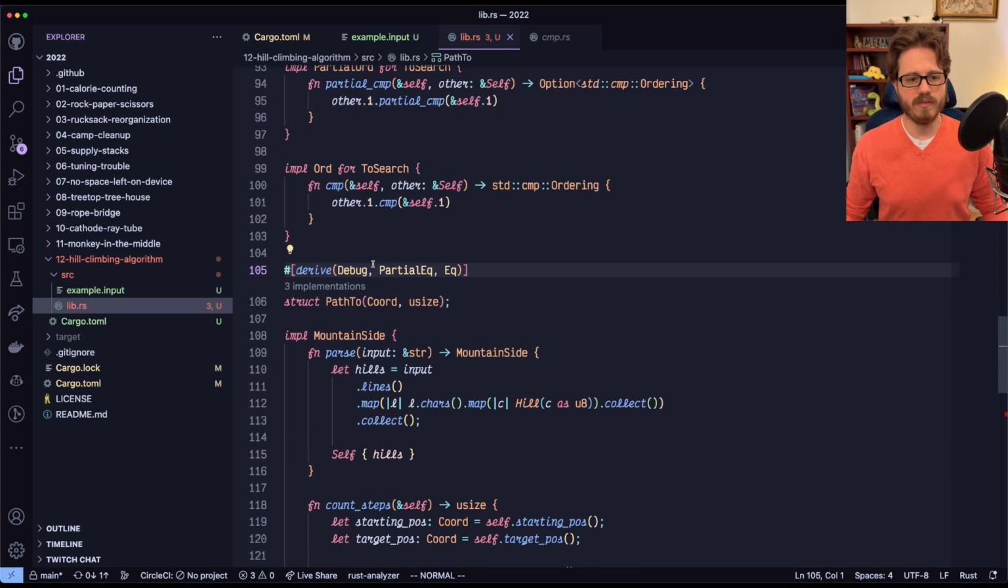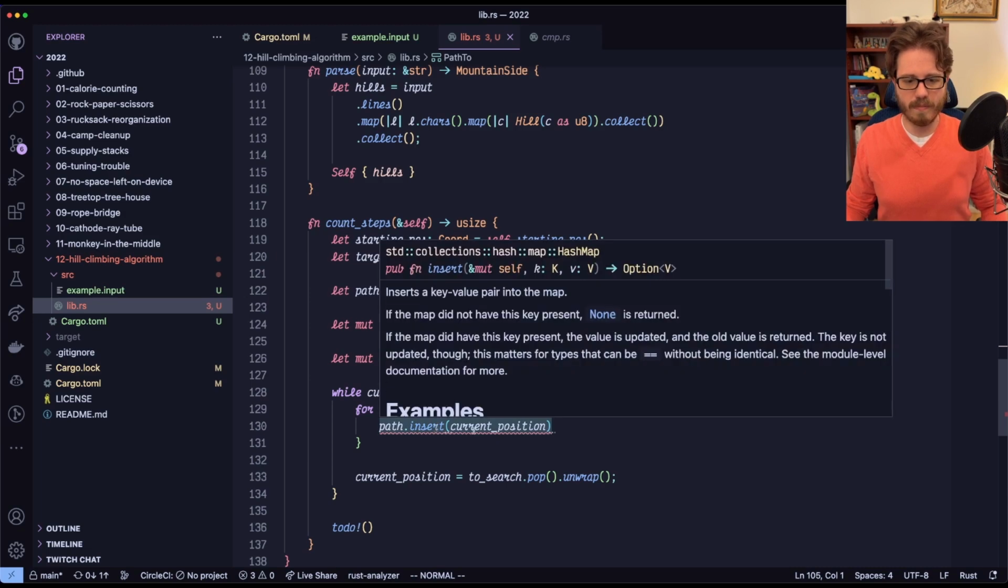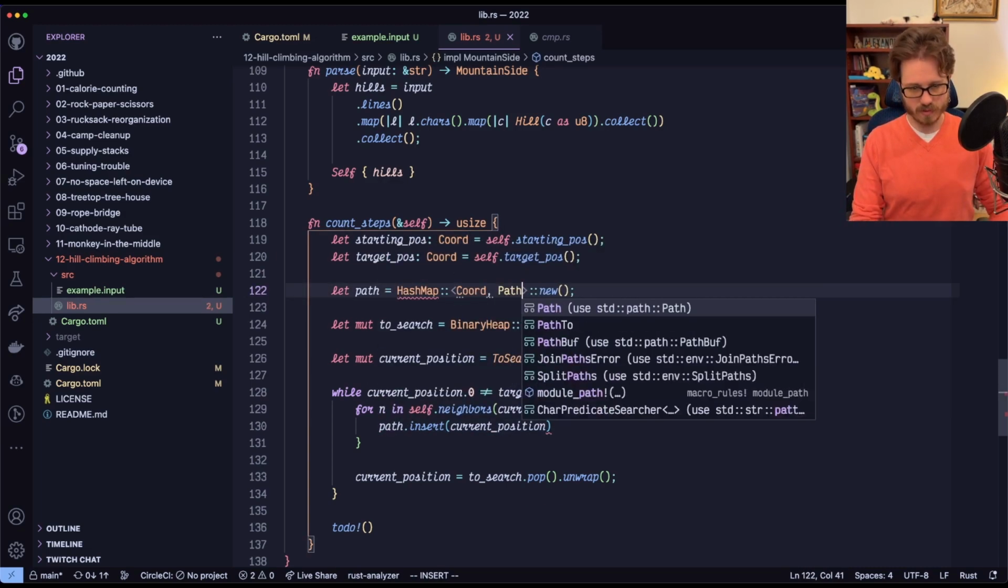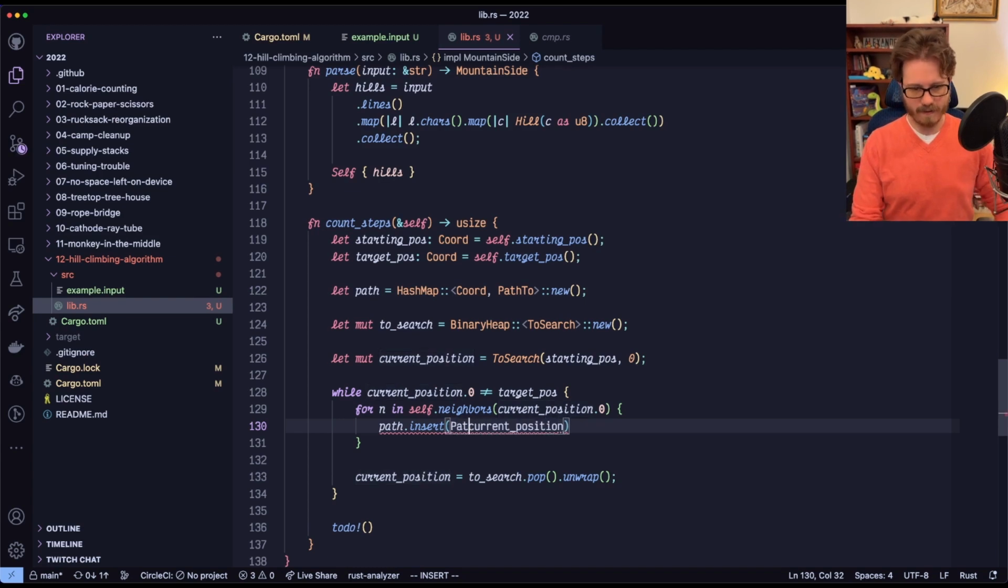Okay. So let's see here. Path to, oh yeah, path dot insert. Oh, so this doesn't go to a coordinate. This goes to a coordinate to a path to. So close, but not quite the same. Okay, but now we need to insert a path to